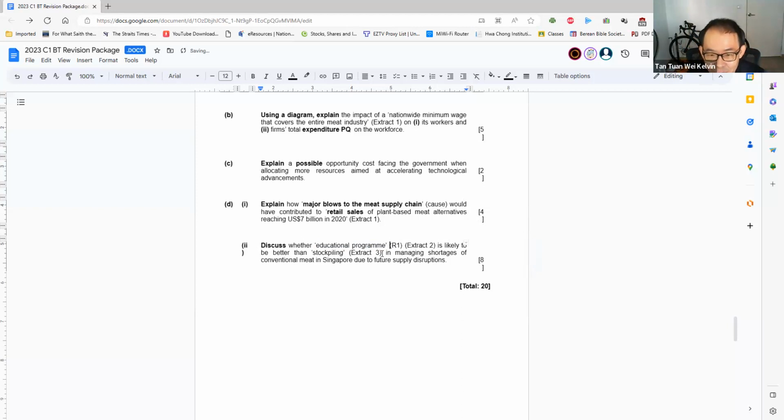Okay, and your R2 is obviously this. So, okay, you have 2 policies here. One policy is educational program. The other policy is stockpiling. But the goal in mind, the end in mind, the effect in mind is to manage the shortage of conventional meat. Now, some students, when they did this, may accidentally talk about imperfect information, because when you